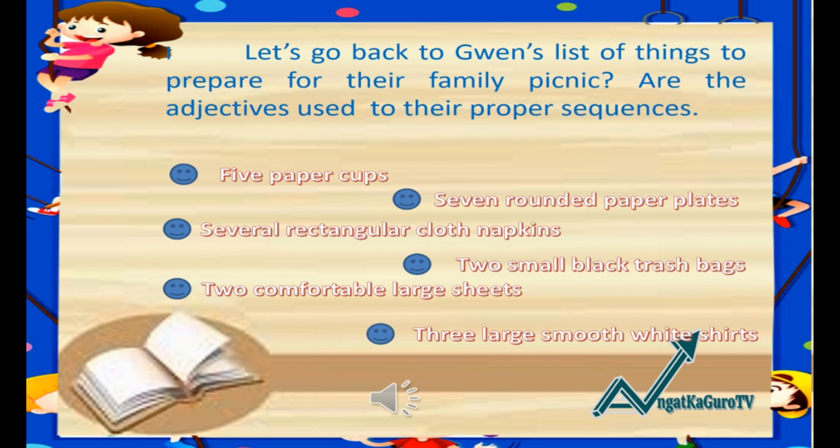Let's go back to Gwen's list of things to prepare for their family picnic. Are the adjectives used to their proper sequences? Let's read it again. 5 paper cups,